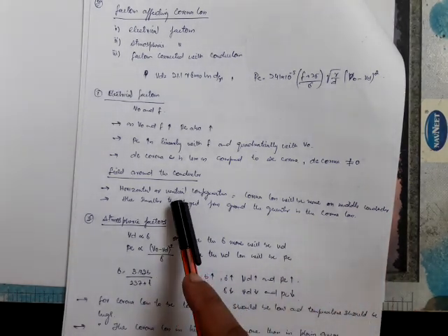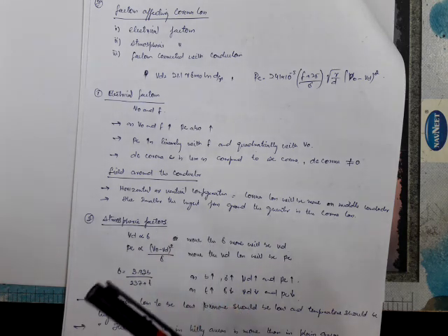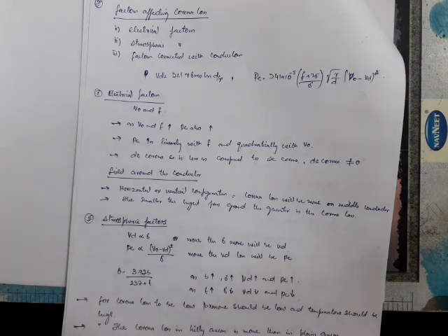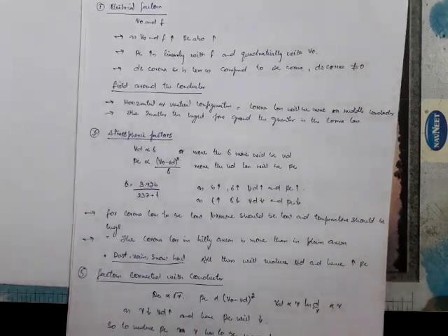Similarly, if it is a vertical configuration, again the middle conductor will have a higher field and it will result in a higher corona loss. The upper and the lower will have a lower field and a lower corona loss. That means corona loss will not be uniformly distributed. Also, if the height of the conductor from the ground is less, the effect of earth also reflects in the corona loss. The closer the conductor to the earth, the more the corona loss, because in that case it will have more electric field. Now coming to the atmospheric factors, that is air: pressure and temperature.